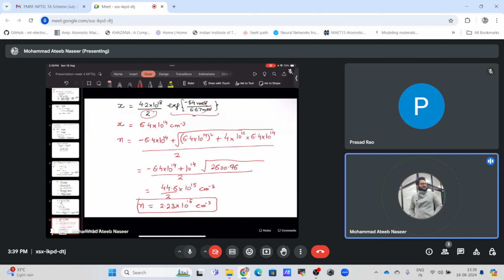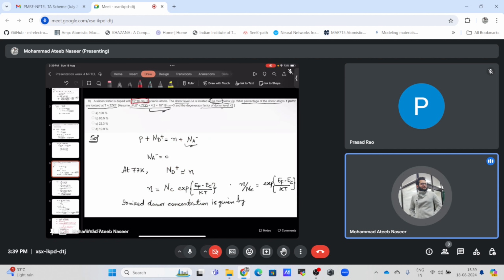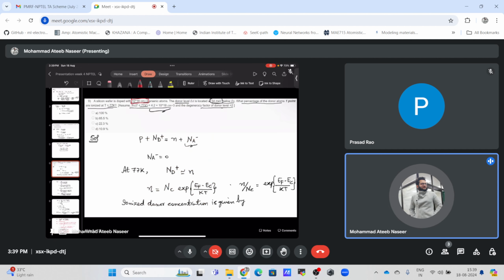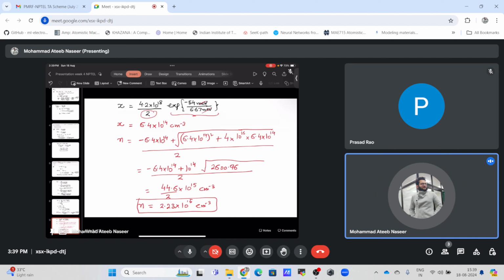So we have found out the concentration, this electron concentration that has been ionized. From this, we have to find out the percentage of donor atoms that are ionized. So we have got this number, which is 2.23 into 10 to the power of 15, and total donor impurities was 10 to the power of 16. So the percentage is simply,